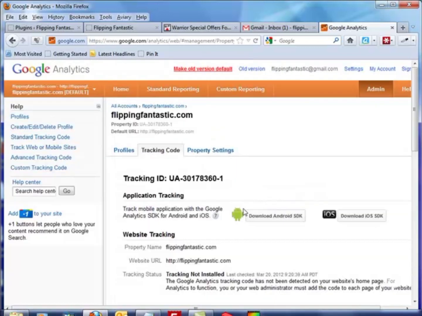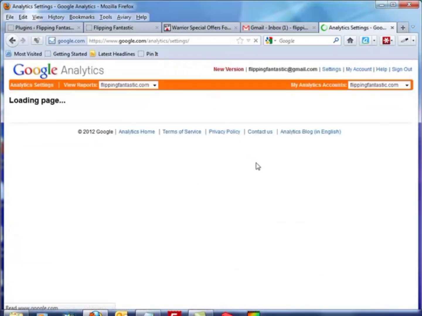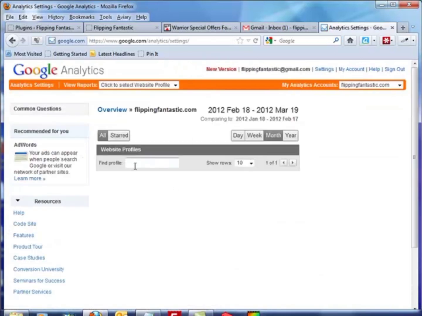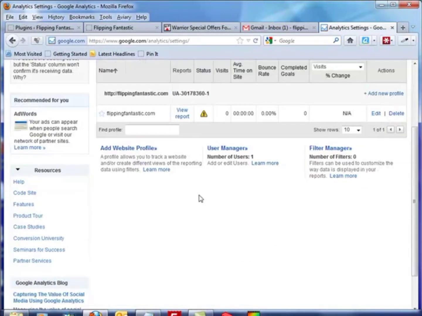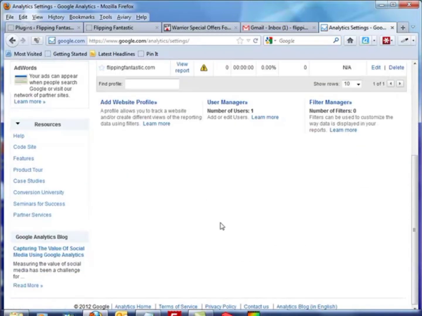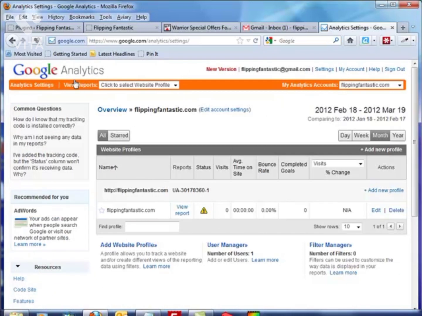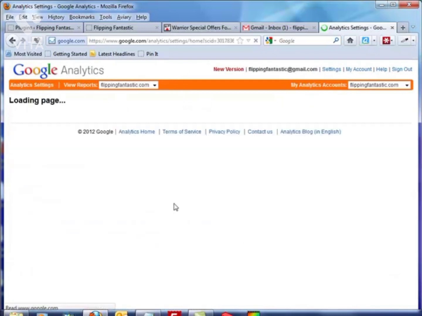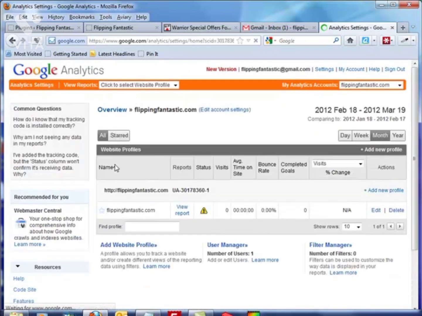Page loading. Now, here is the wackiness. Make old version default. There's an old version and a new version. I hate change. I only know the old version. So I just clicked the old version, and it takes you to this particular page. Google Analytics settings. Now there you go. Here's the ugly little thing. I have nothing, since basically I just put this together. So I'm going to show you here in a minute